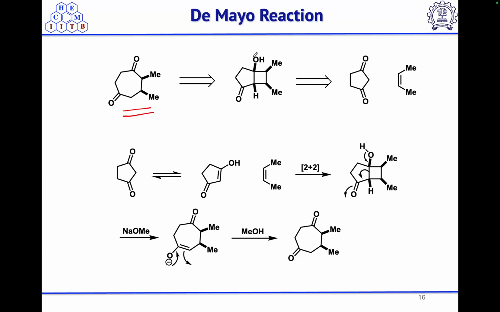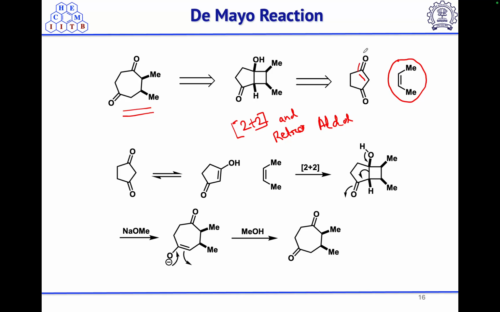Basically, the de Mayo reaction is a combination of two reactions: a 2 plus 2 cycloaddition followed by a retro-aldol reaction. Okay, so if you see this molecule, how can we plan it via the de Mayo reaction? This could be synthesized from this bicyclic compound, a 5-4 fused bicyclic compound, and we can get it via 2 plus 2. One of the olefins is this, and another olefin you can get